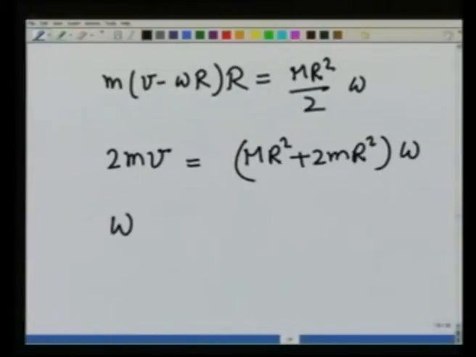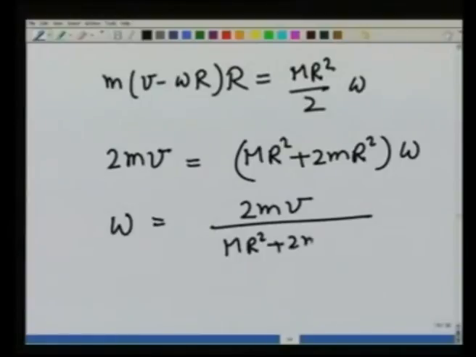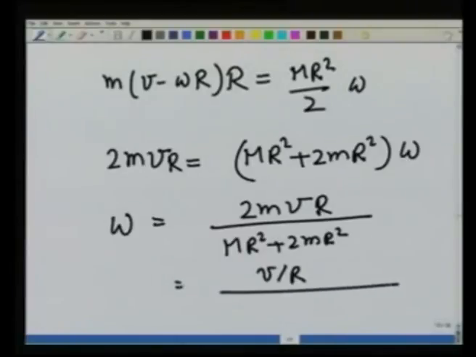omega, or omega equals 2 m v over (M R square plus 2 m R square). There is an R here, m v R, which is nothing but v over R divided by 1 plus M over